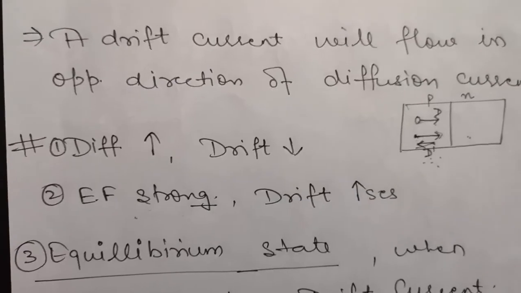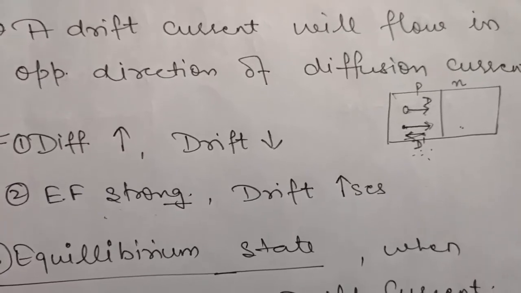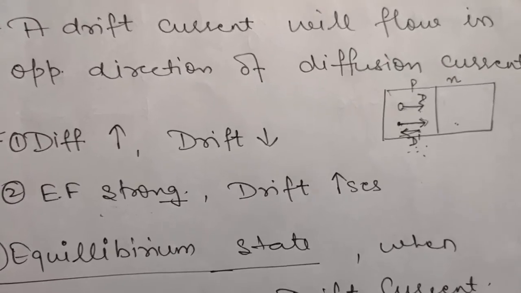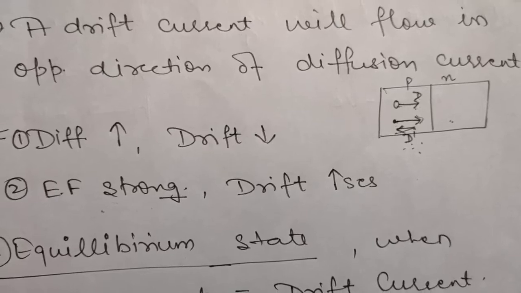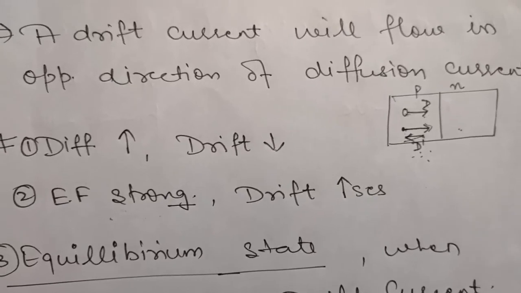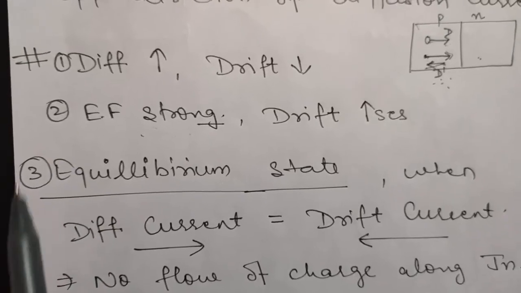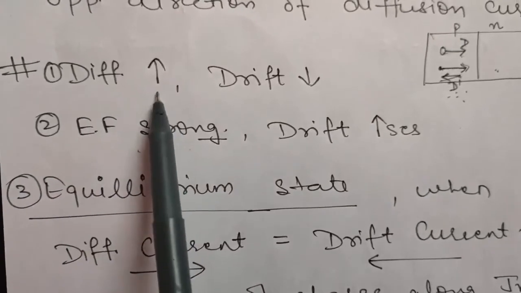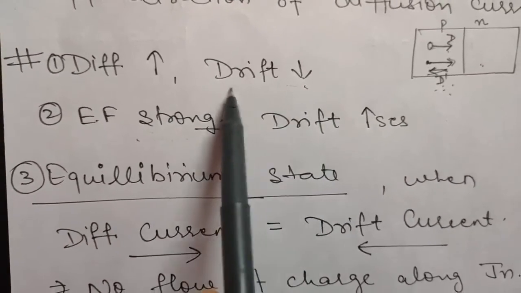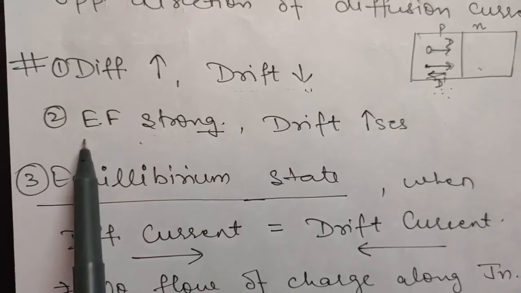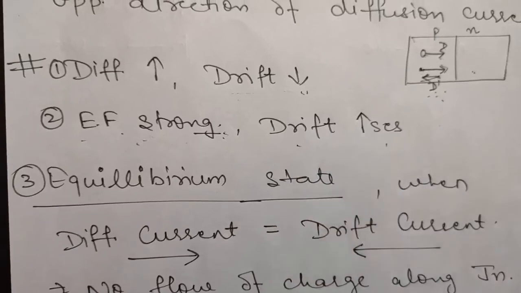So this is all about the working of a PN junction. First of all, the diffusion process occurred. After that, due to which an electric field comes into play, which creates a potential barrier to the diffusion process. After that, the drift process takes place. Okay. Now, as I told you initially, at the first stage, the diffusion process or diffusion current was very high and drift current was small. Now this drift current is taking place due to the electric field. Now as the electric field becomes very strong, what will happen? Drift current will also start to increase.